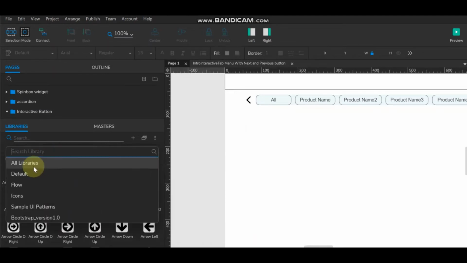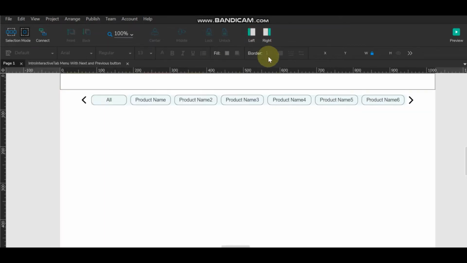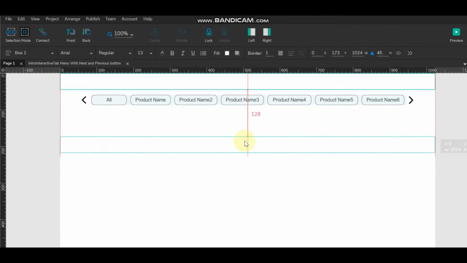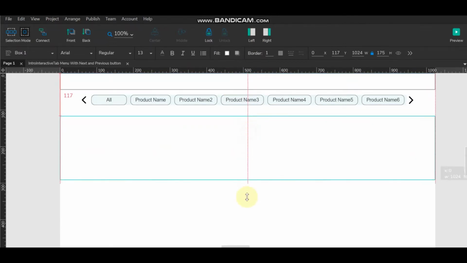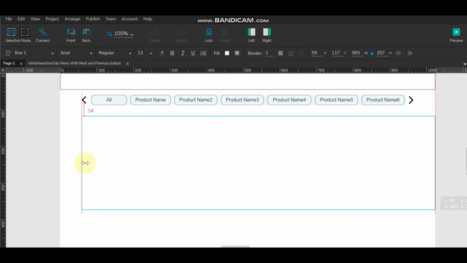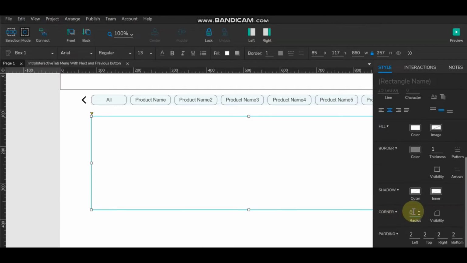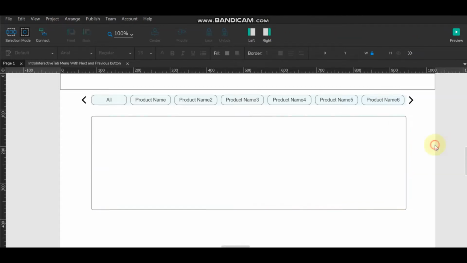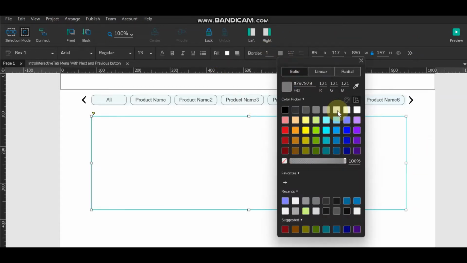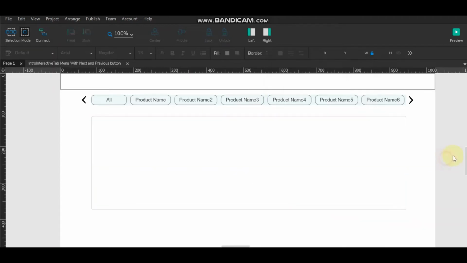So for creating a container, we'll use this box with the same alignment here, or you can keep it as a full width. Font, we can give this radius and now